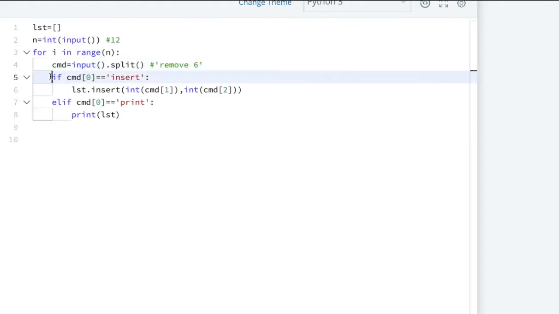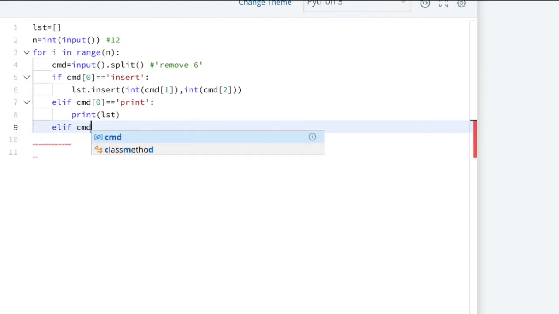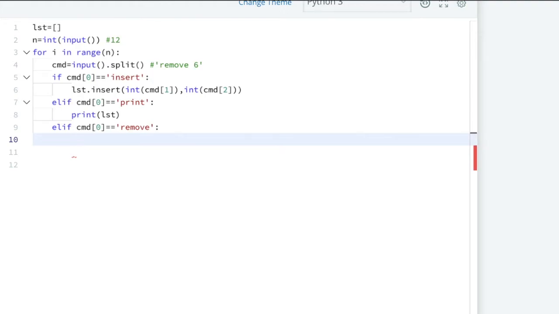So it won't go in this if condition, not in elif. We have to write another elif condition here, cmd of 0 equal to remove.